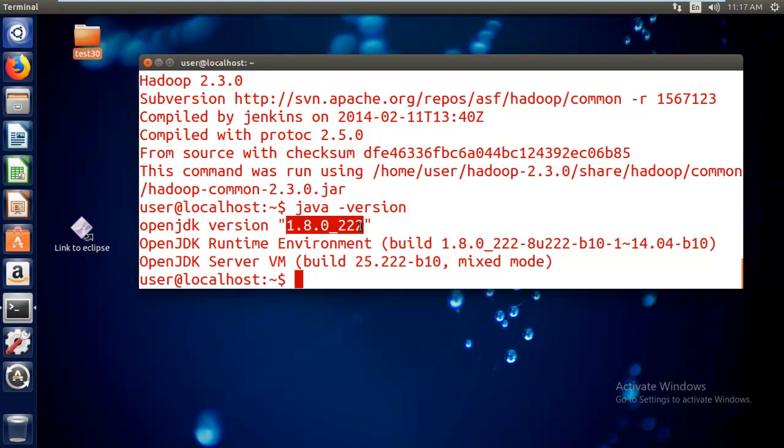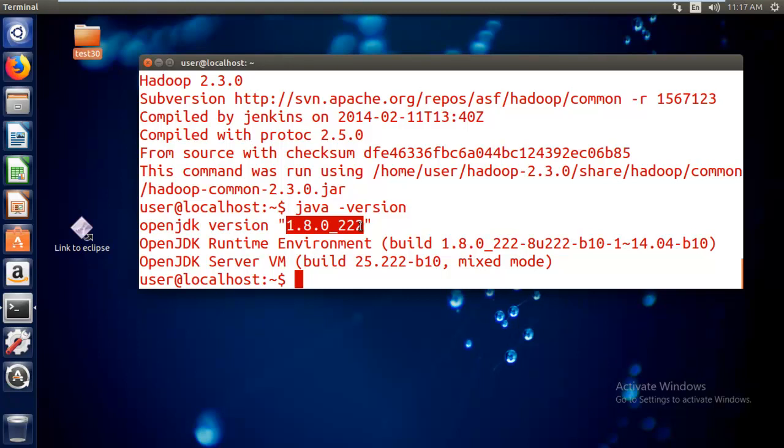Till 2.6 of Hadoop, Java 1.8 is good. So we have to go through the manual before installing Java. Anyway, Java is there for me, and of course Hadoop is also there. I have shown you in my last session the contents of my home directory, various Hadoop ecosystem components, right?